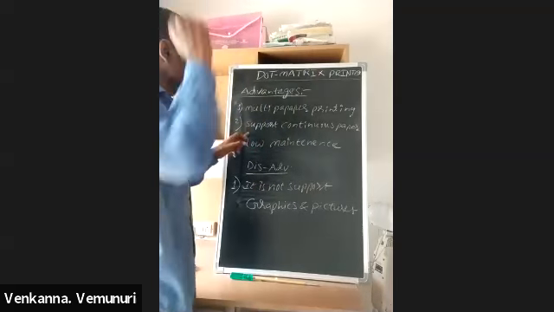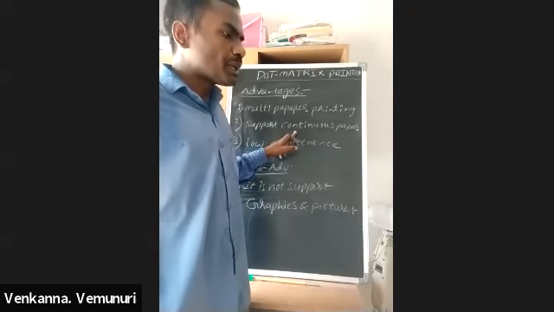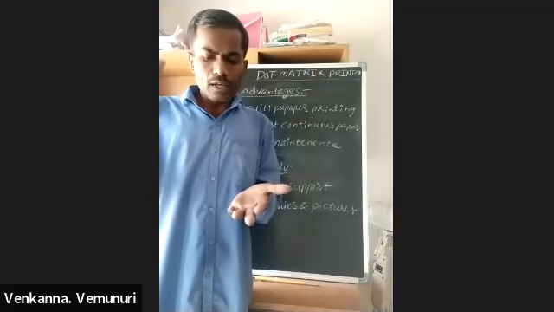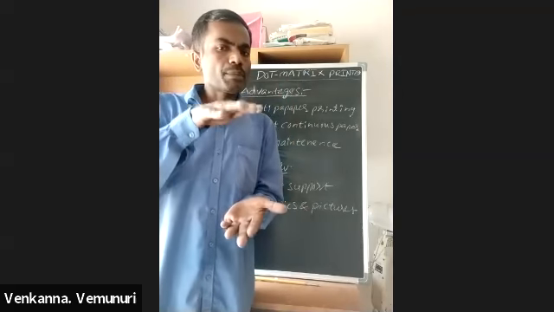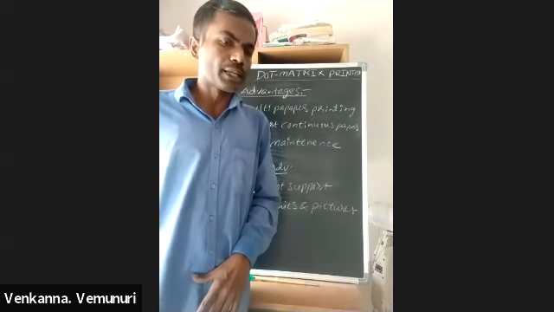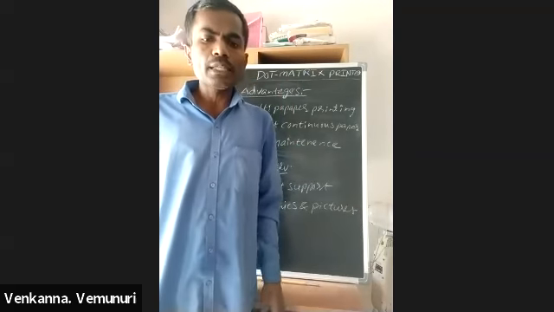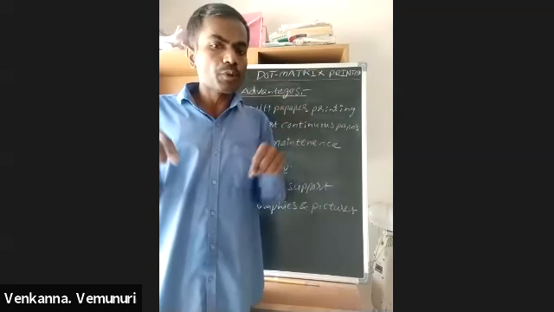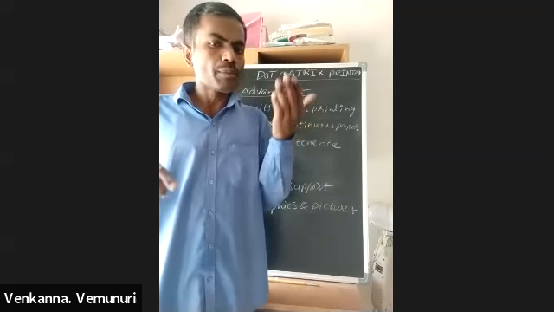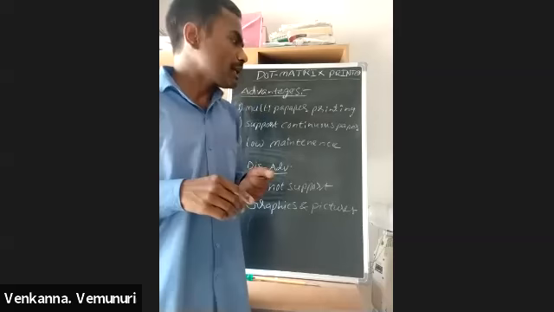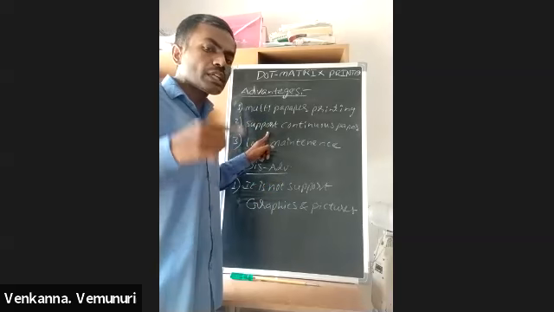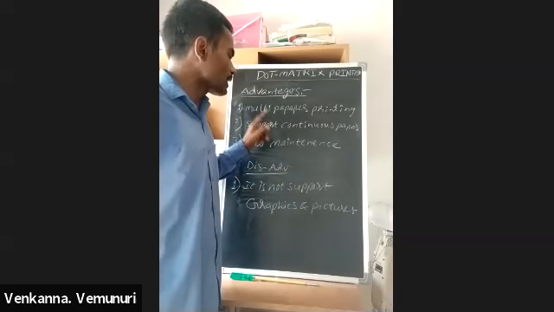The next one is support for continuous paper. Once we feed one paper bundle, it prints continuously depending on your printing. But in normal printers, we use cut paper, A4 size papers, so it prints one page at a time, one by one. But here it prints continuously, because we are using continuous paper. This is also another advantage.